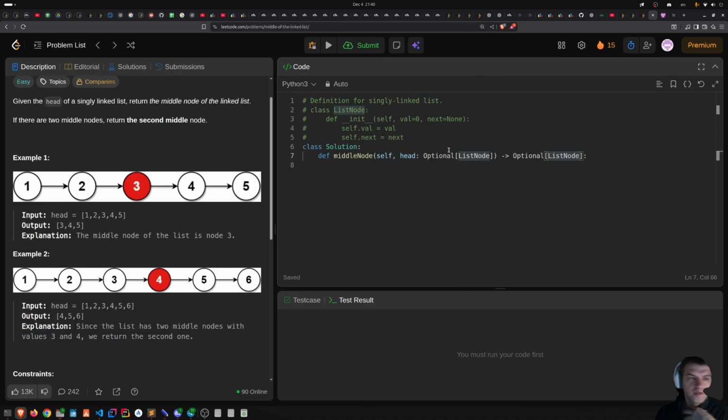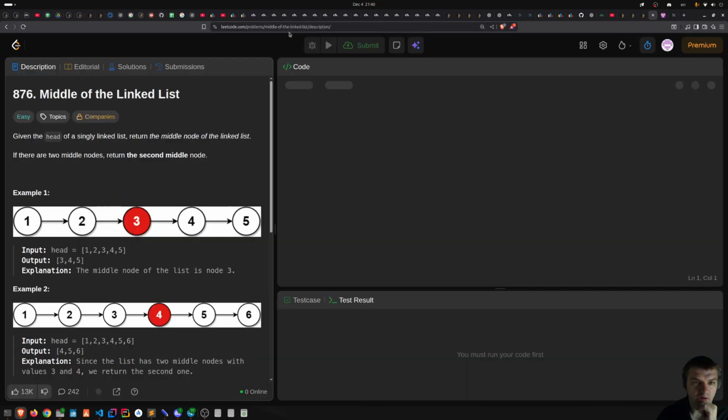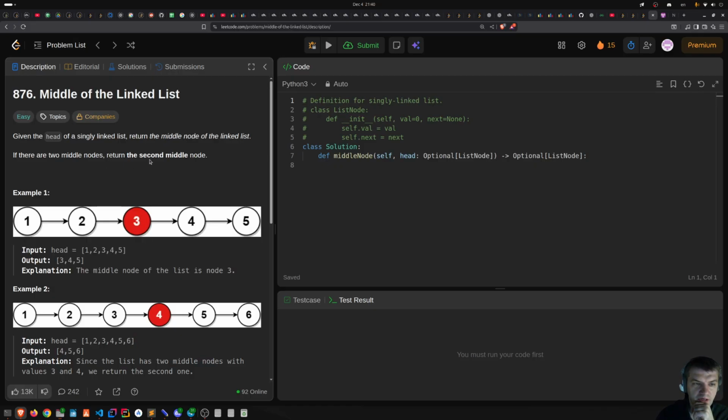Okay, so now I'm gonna start solving this problem. This is a pretty classic one on Leetcode. I don't know why I have never solved it. It doesn't show that I solved it before. So my idea is like,